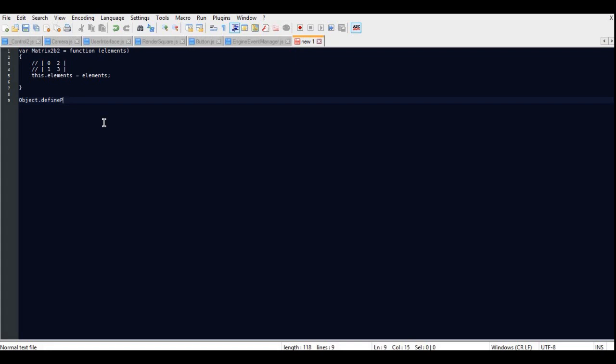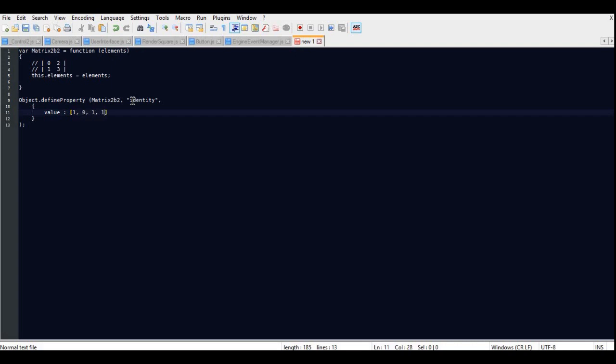And we're going to define a property on the Matrix2x2 with the name identity, and we need it to be the object. We need to take some parameters. So first of all, the value, which is going to be